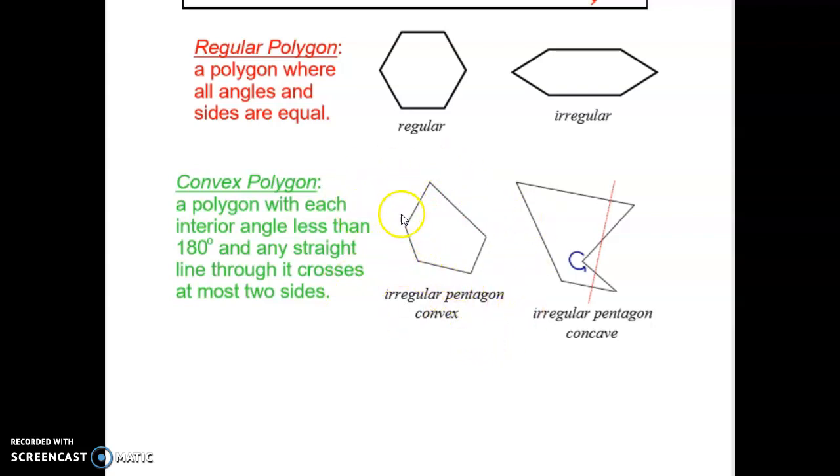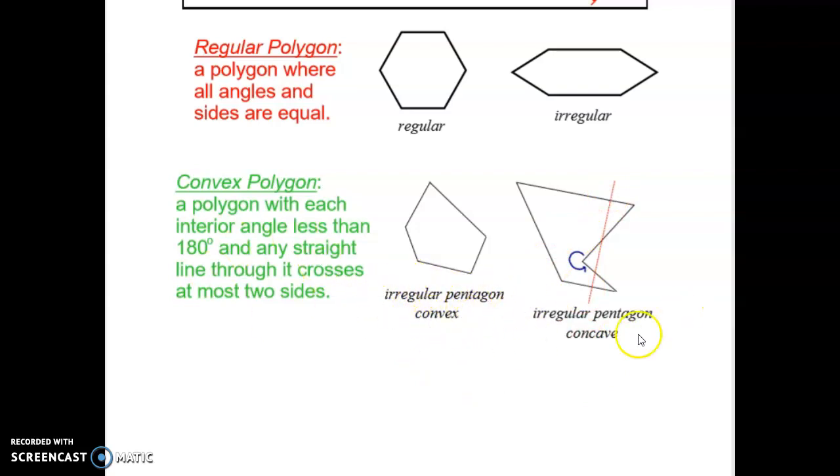So this is a pentagon. Not all sides are the same, so it is an irregular pentagon, but it's also convex. Looking at my second pentagon, I've got 5 sides, so this is a pentagon. But notice here that I have this interior angle, which is bigger than 180. So if I draw a straight line, look at how many sides it cuts through. 1, 2, 3, 4. So this irregular pentagon is called concave, as opposed to this irregular pentagon, which is called